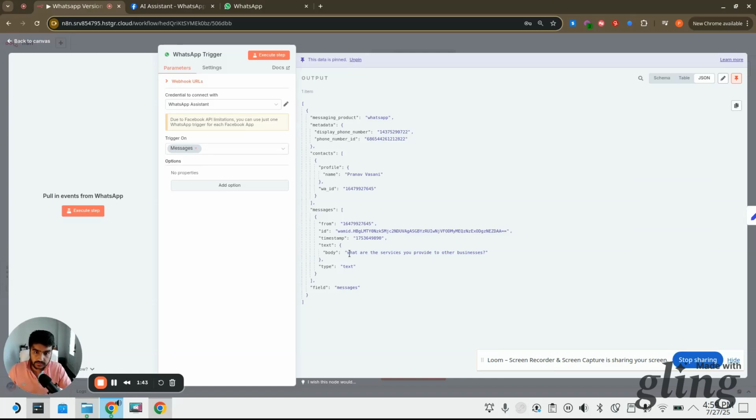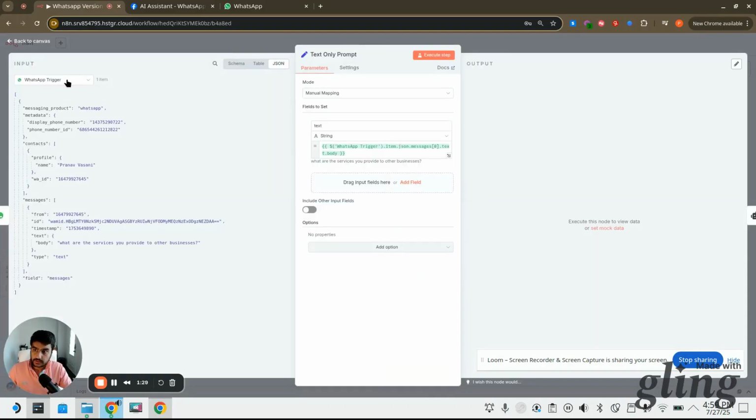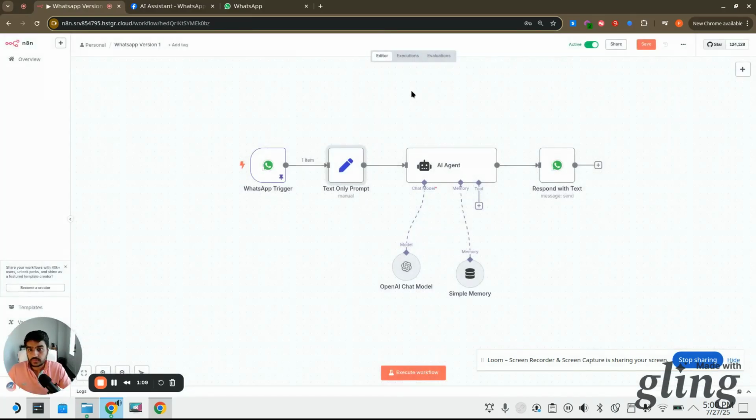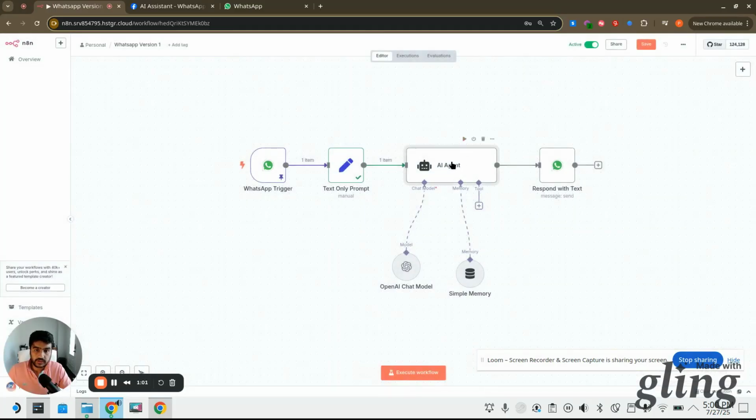Now what we are trying to achieve is just whatever is in the body, right? We just want to see what the request is that is being sent by the customer, so that our AI model can respond back. I have created a set field variable where I'm fetching the information from the WhatsApp trigger node, inside text.body, and I put it over here as a text string, right? And if you see, the result says what are the services you provide for other businesses, right? Now, once it is done and I run this, you see what are the services you provide to other